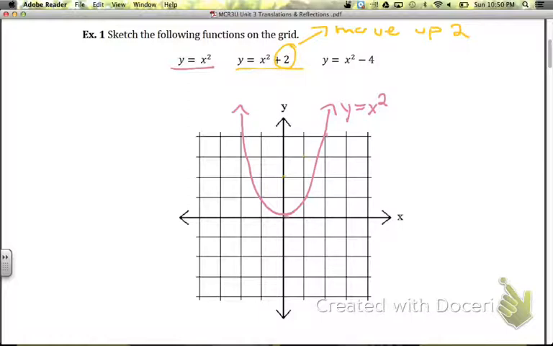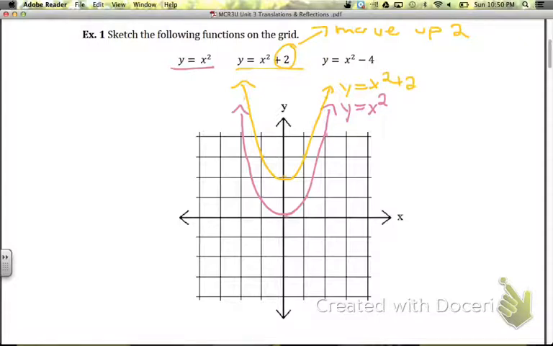And this point that's at (2, 4) will now be at (2, 6), which is off our graph a little bit. Similarly, on the left-hand side of our parabola, instead of (-1, 1), we will now have (-1, 3), and (-2, 6). And now we can go ahead and connect our points, and again make sure we label